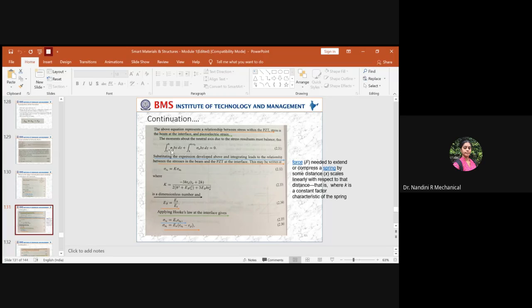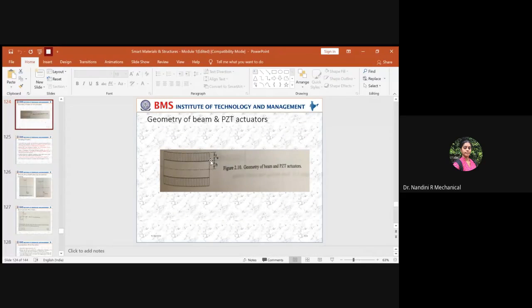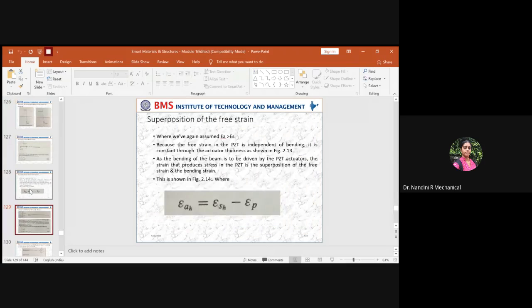So this is only the part for our structure. Then we come to our PZT patch. For the PZT patch, you should take the integral from h to h plus TA, as explained to you. Then you will write the stress across the actuator multiplied by, again, the width of the PZT patch, which is the same as that of the structure. As per the diagram here, the width of the PZT patch and the width of the structure are both the same. If this is B, even this length will be B. So you'll multiply by the same parameter B.